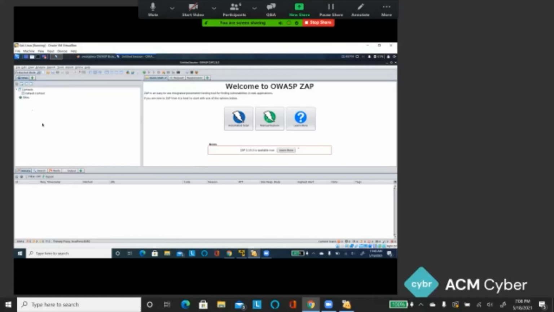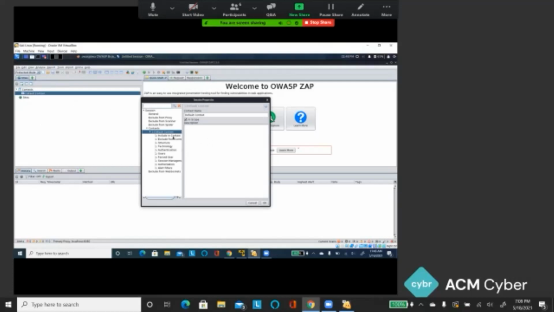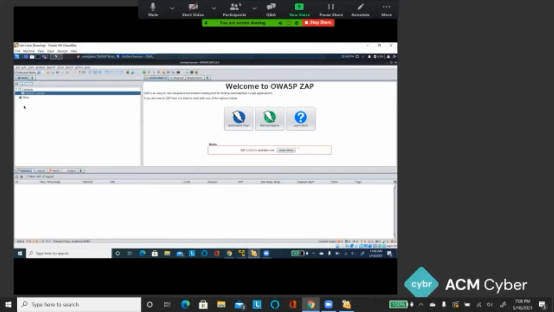And this is what happens. You'll notice the context feature right here. So the context feature is like the in scope, out of scope that we talked about in Burp Suite. Same idea: when your sites populate, you can right click on the site, which I'll show you later, and you can put it into the context. And the bullseye here, if it's on, means that's in scope. And so it'll only spider or scan things with that IP address, right? And over here,